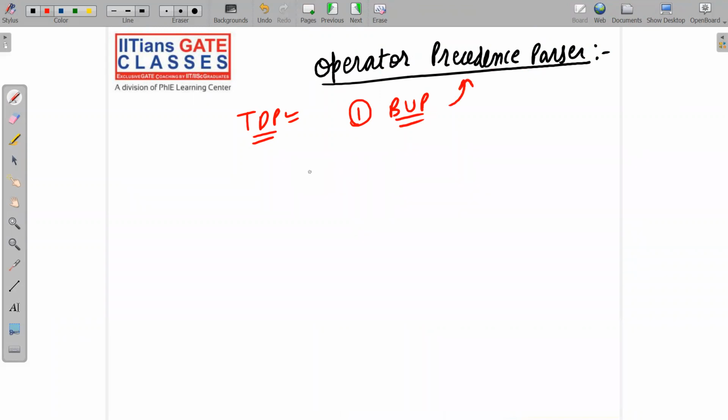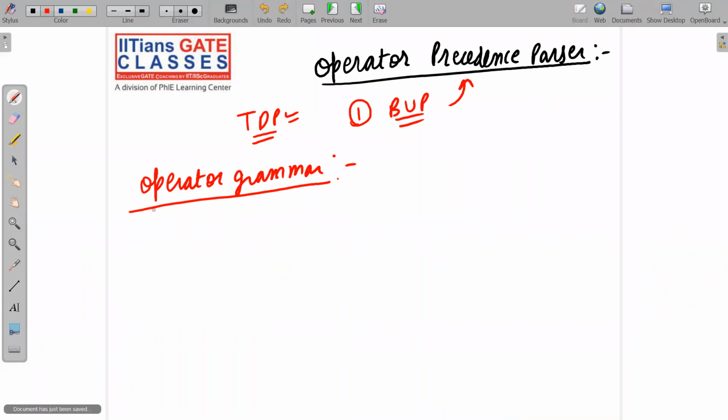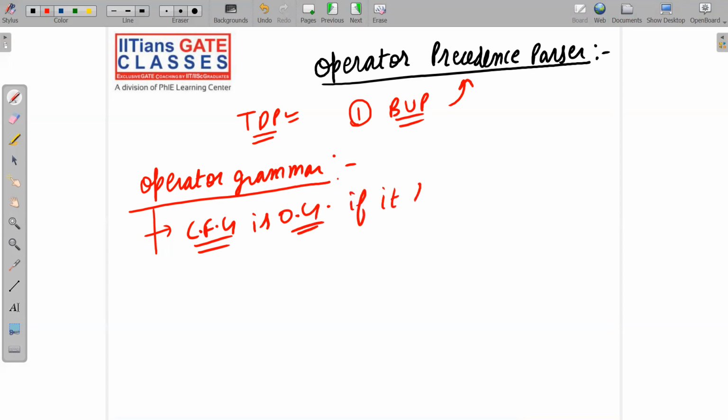So what exactly is an operator precedence parser? Before studying this, we have to study what operator grammars are. After studying operator grammars, we will be able to understand what exactly this parser is. So what is an operator grammar? A grammar is said to be an operator grammar if it follows two conditions. Let me write those conditions. Or rather, precisely, an operator grammar will be a CFG. A CFG is an operator grammar (OG) if it follows